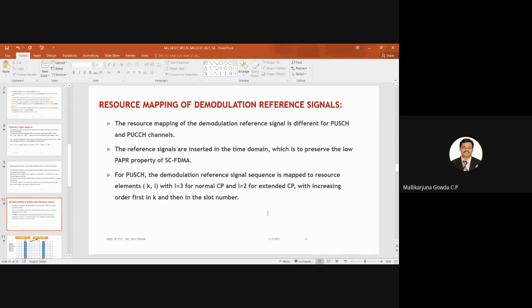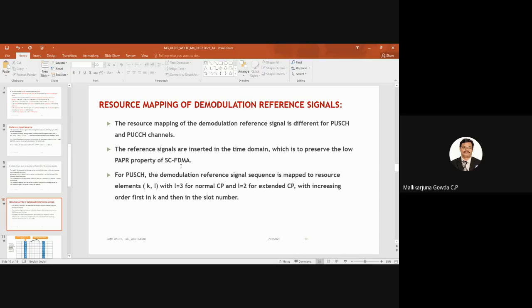Let us try to understand the resource mapping of demodulation reference signals. The resource mapping of the demodulation reference signal is different for PUSCH as well as PUCCH channels, because I said that PUCCH and PUSCH cannot be transmitted simultaneously, right? Because of that, there will be a separate reference signal for these two channels. Hence, the reference signals are inserted in the time domain,